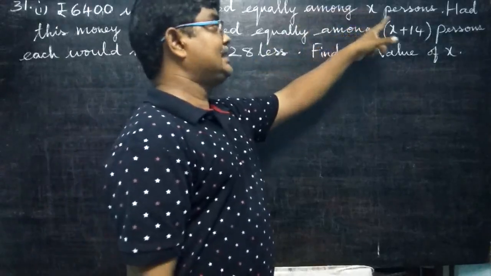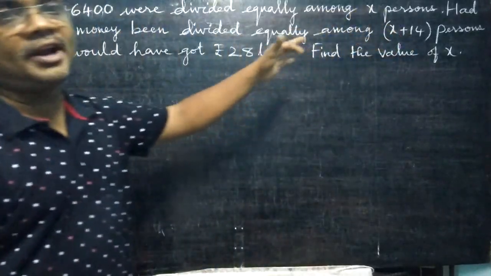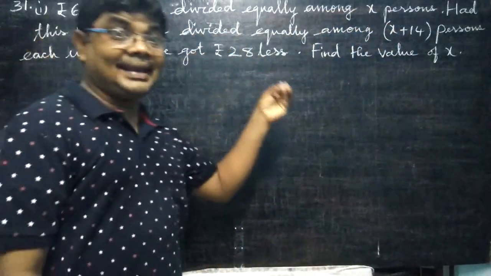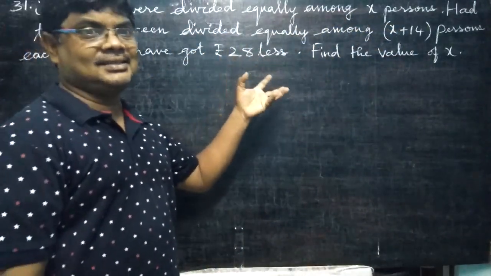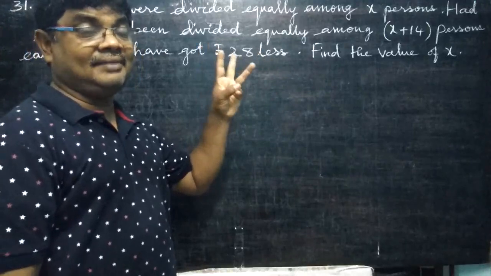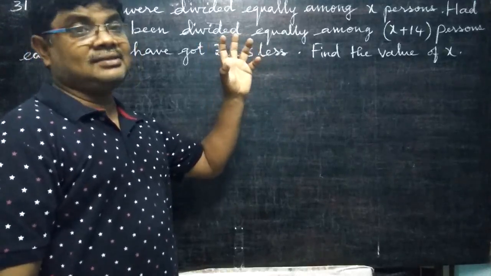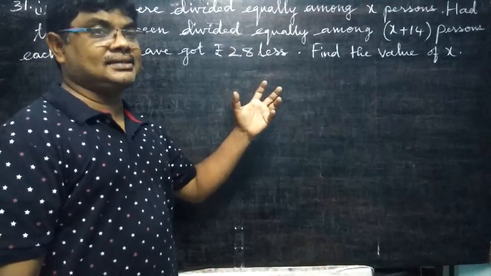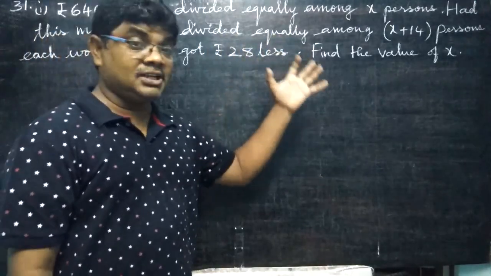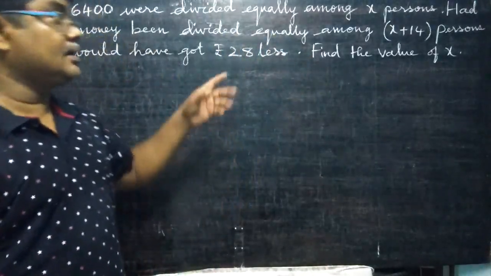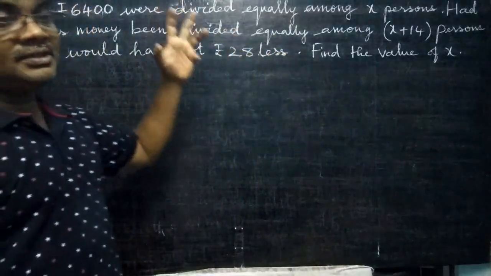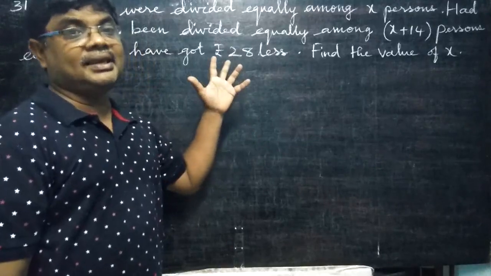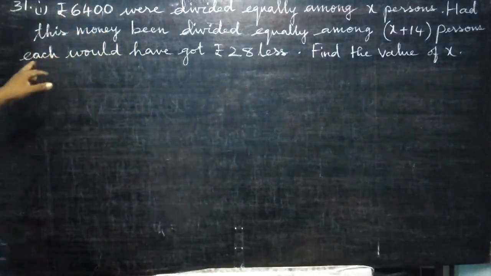Before, x persons are there, now 14 persons joined, so the amount will decrease. When the denominator increases, the portion decreases. I told you, one apple, 3 eat, the size will be bigger. One apple, 10 eat, the portion decreases. So which one is big and which one is small, you have to understand. The denominator which is the smaller number gives the biggest portion.